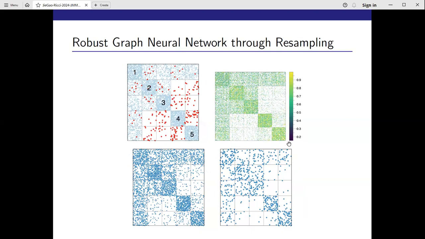So this is the Ricci flow metric we learned from this graph with these adversarial edges. And then here is resampling from this metric. So you still have lots of these dots from this adversarial input. And over here is actually an intersection of 2 different samplings from the same metric. And we are able to remove quite a lot of these adversarial edges and the influence of that in the